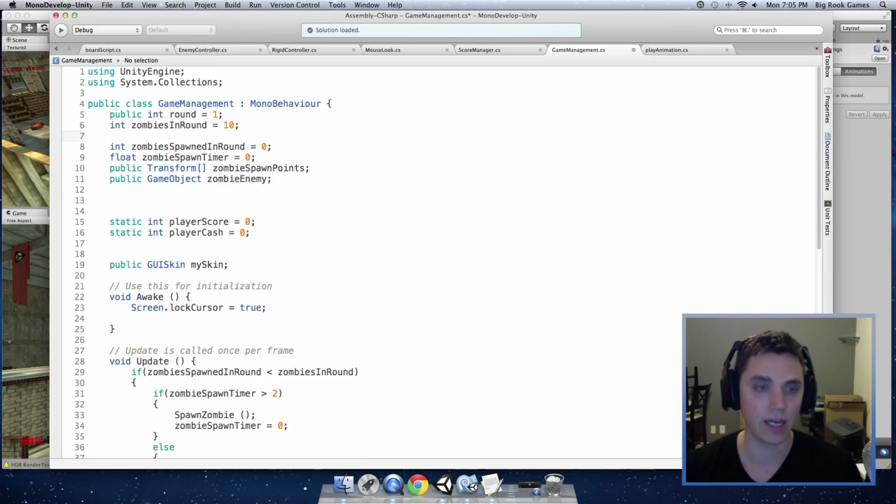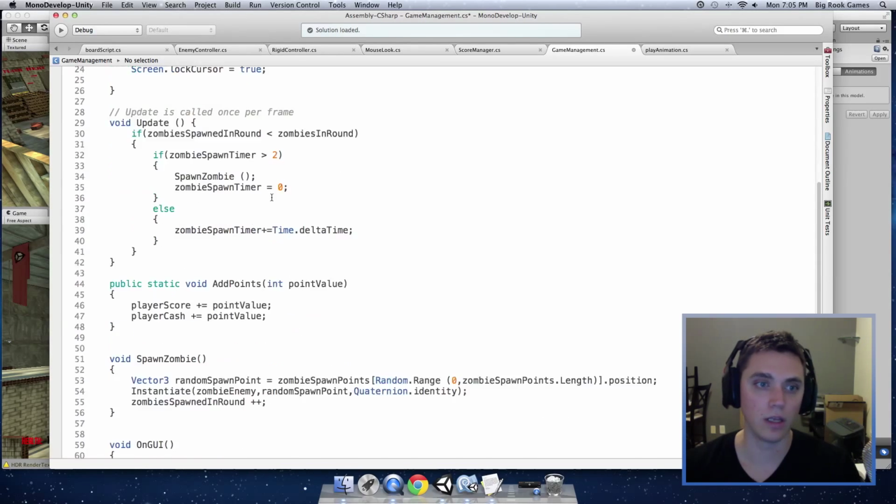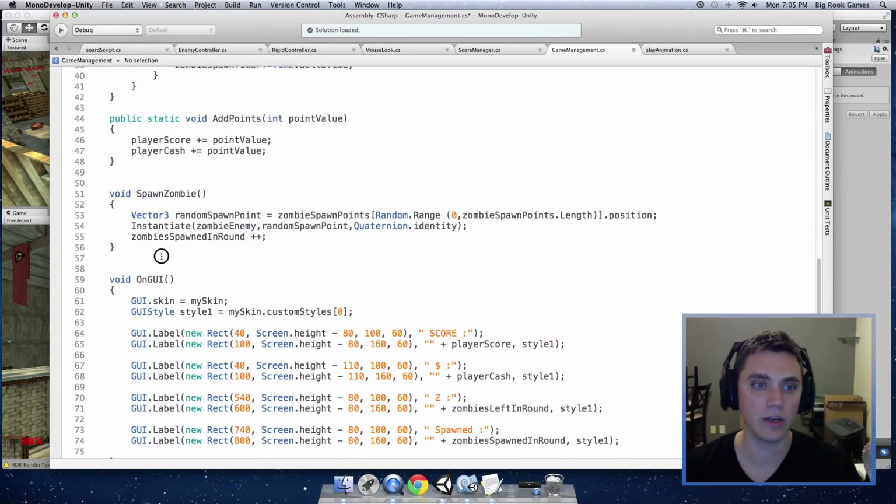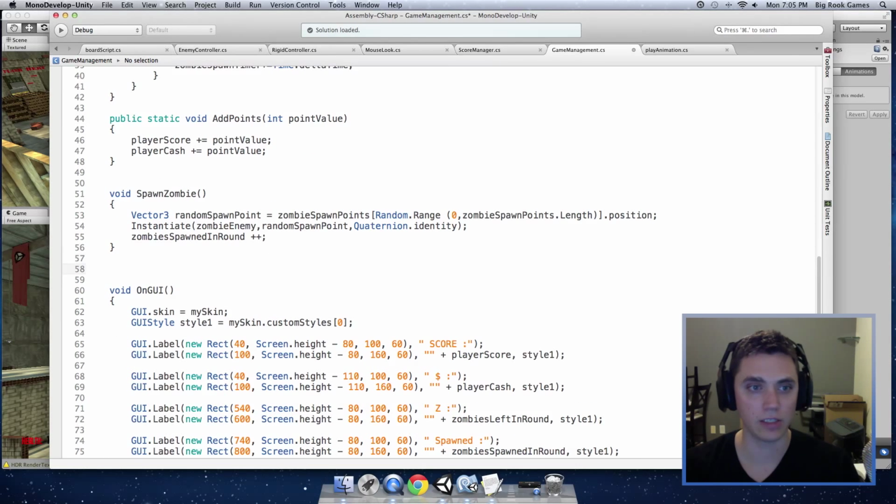So first let's add int zombies left in round. We're going to set that to 10 because that's what we start off with. And I'm going to add a timer down here, float countdown equals 0. And next I'm going to add a new function in our script that tells us what to do when we start a new round. So it will tell us how many enemies will spawn and reset all of the variables that we need. So here I'm just going to put void start next round,